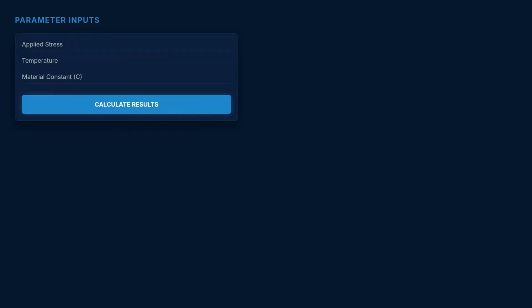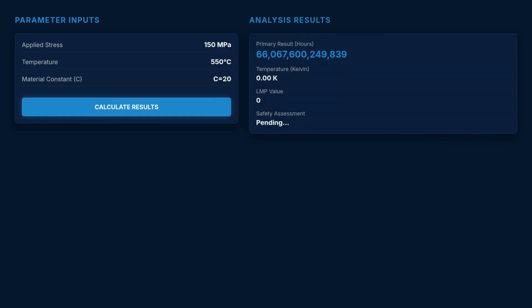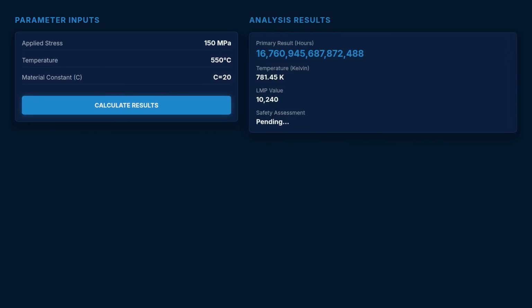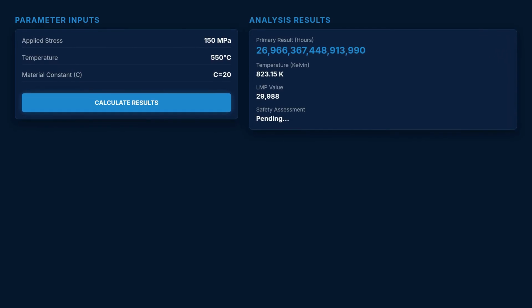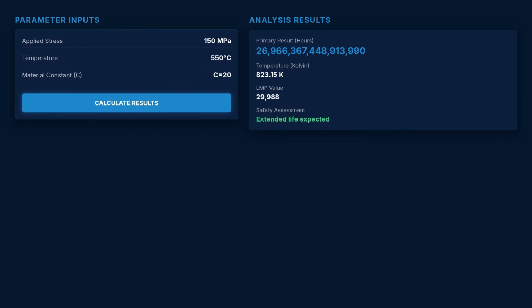Here's our example. With applied stress at 150 MPa, temperature at 550 degrees Celsius, material constant of 20, and other default values shown, clicking Calculate Results gives us a primary result of 2696.3674489139992 hours. The temperature converts to 823.15 Kelvin, the LMP value calculates to 29988, and the safety assessment indicates extended